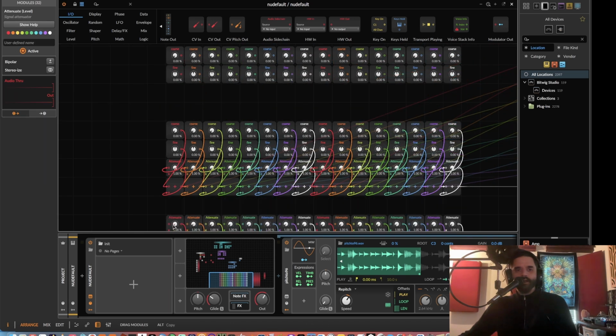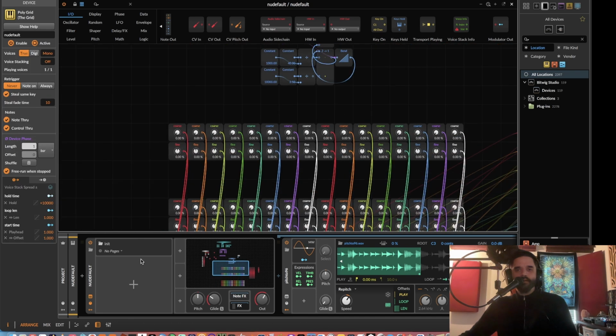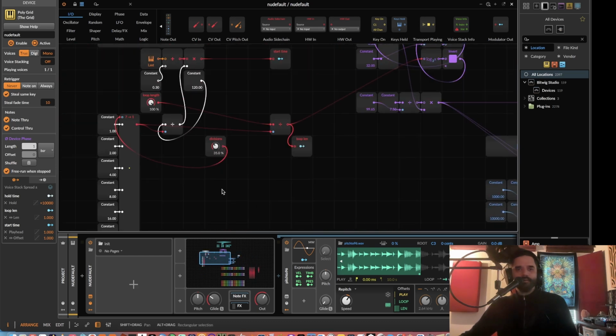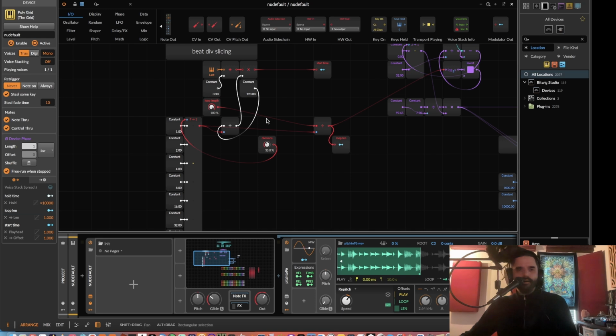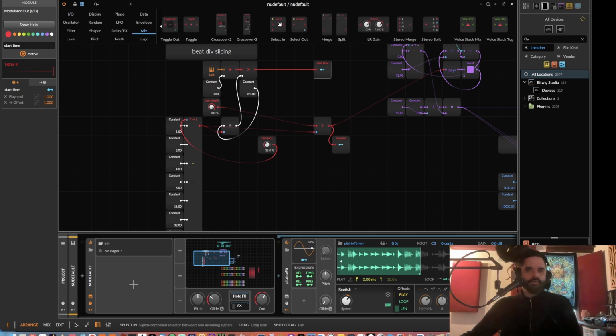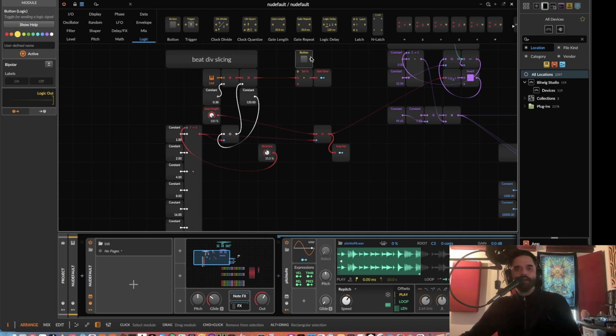So first of all, we don't need to see these, so I'm just going to move these off just to get the interface of the general slicing area to look a little bit nicer. And then, since we're deciding that we're dealing with 32 slices for the manual mode, what I'm going to do for the start time modulator is put a selector over there. I'm going to have a button. This button will probably be used all over the place for switching things from beat division to manual. So this will switch it to,